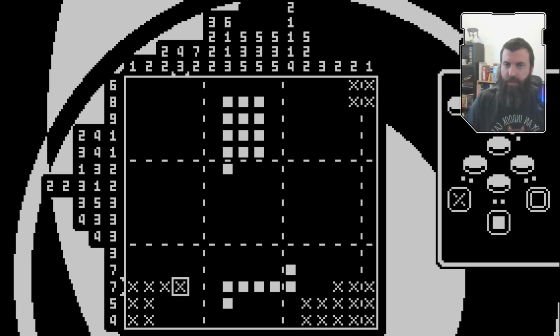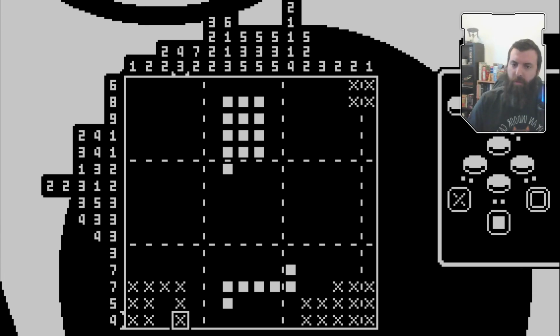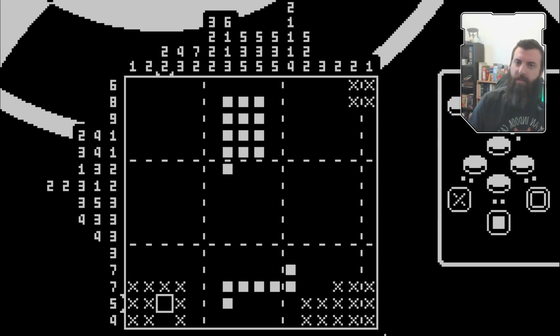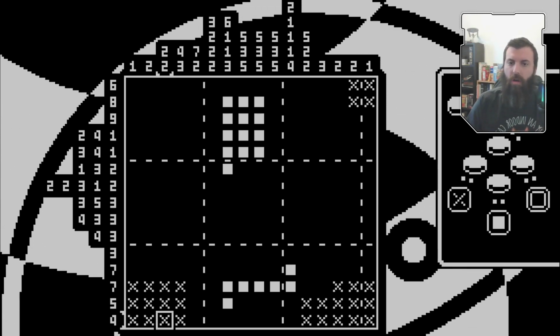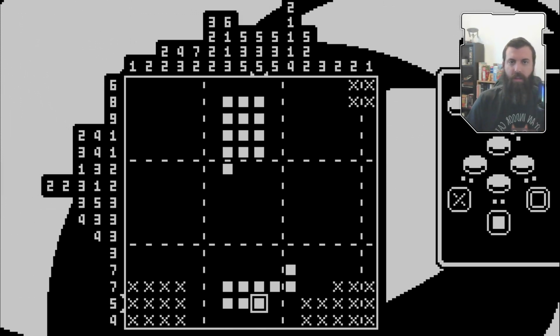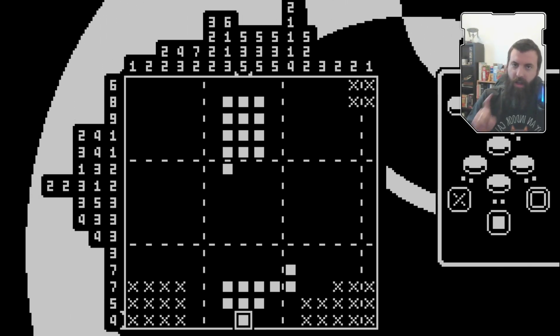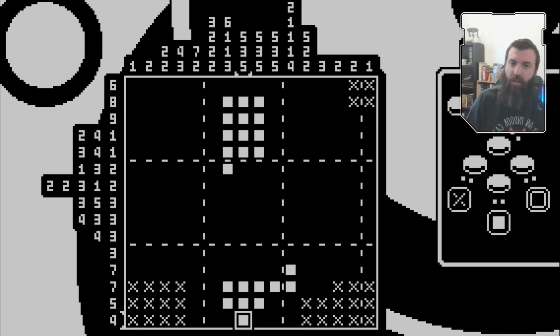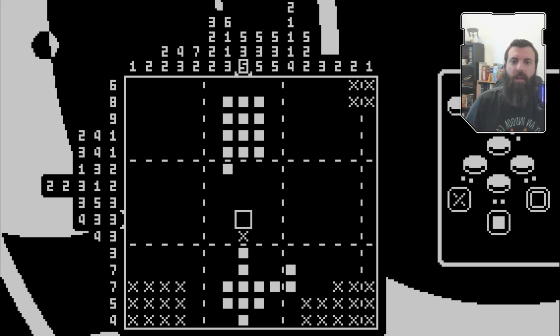The 7 not being able to reach here means that we couldn't fit a 3 here. It means that we can't fit a vertical 3 here, which means that we can't fit a horizontal 5 here or a horizontal 4 here. Horizontal 5 is going to have to fill in these pixels, and our horizontal 4 is going to have to fill in this pixel. That finally gives us a bottom edge for our vertical 5 here. And I think,